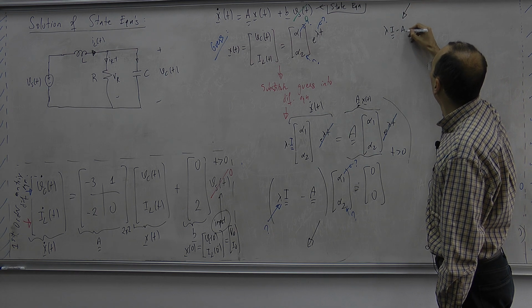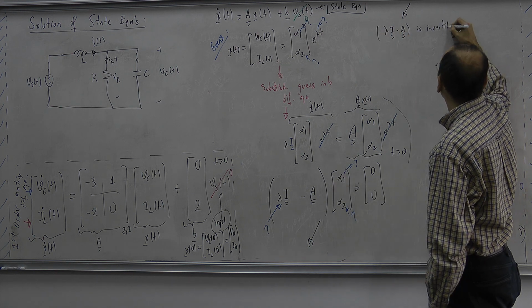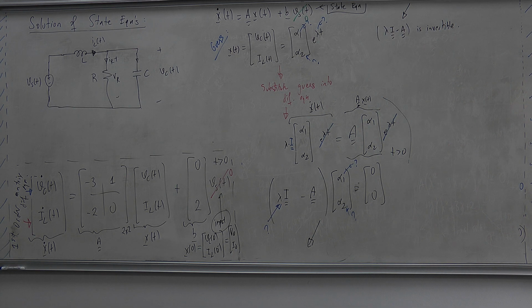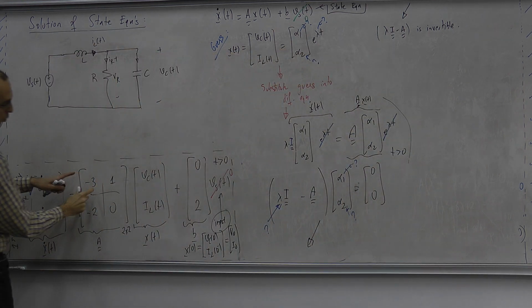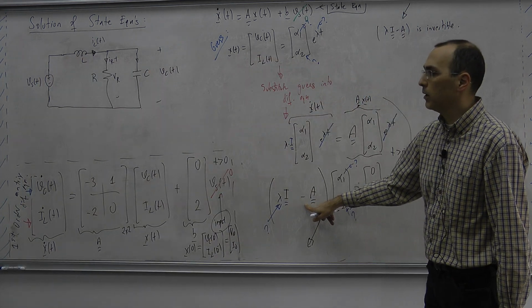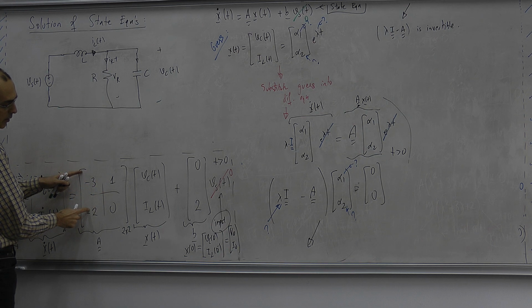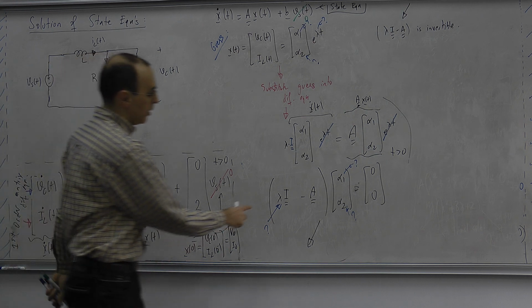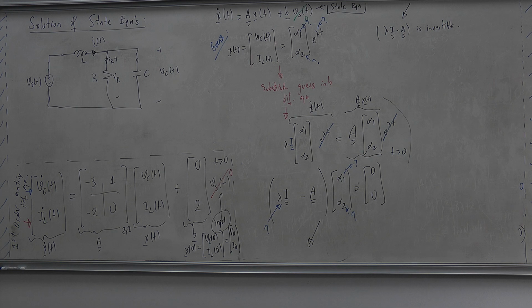If lambda I minus a is invertible, so this is a matrix. For example, if lambda is equal to 10, you have a 2 by 2 matrix, like this one, 10, 10. But from this 10, you are subtracting a. So this will be 13, this will be minus 1, this will be 2, and this will be 10. If lambda is equal to 10. If 10 identity minus a is an invertible matrix, I don't know the value of lambda, but if it happens to be invertible, then